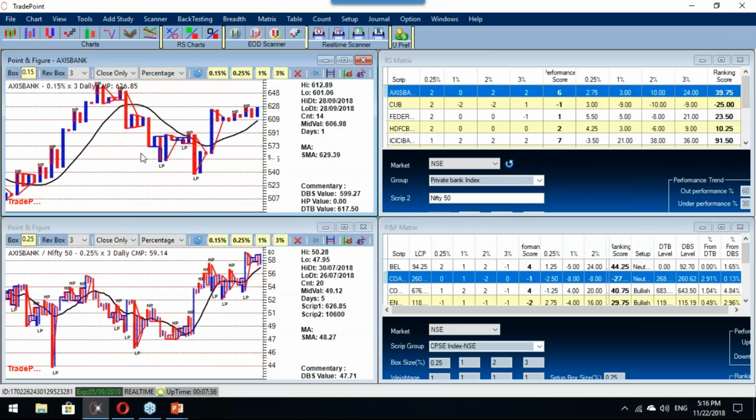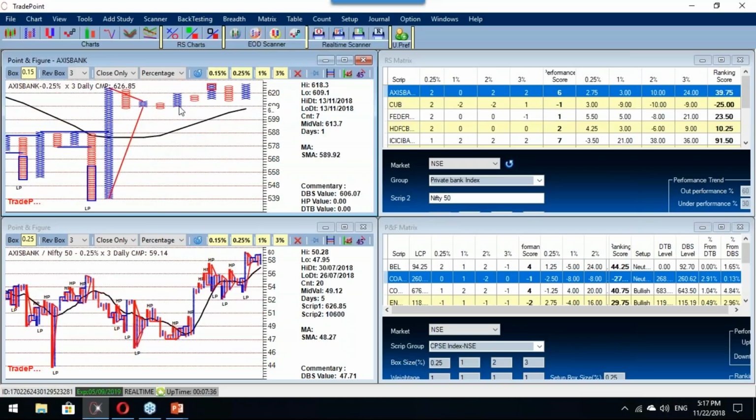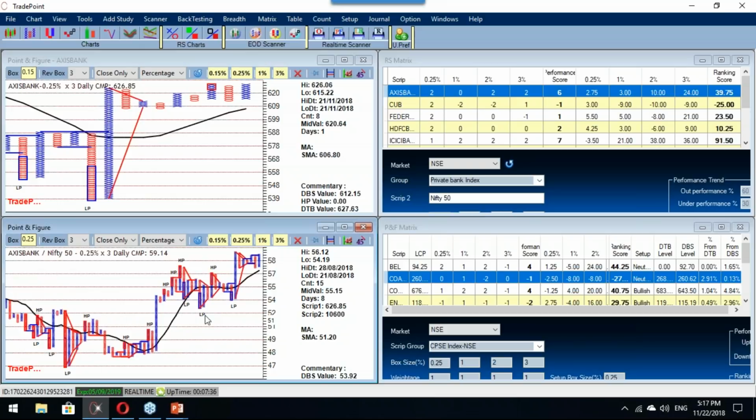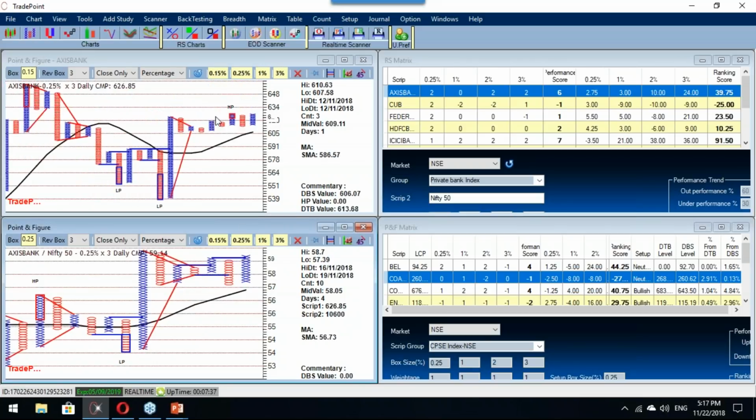So at the top of your screen, if you notice, are the four windows clearly visible on your screens, guys, or is it too cramped? Okay, so if you notice in the price chart,